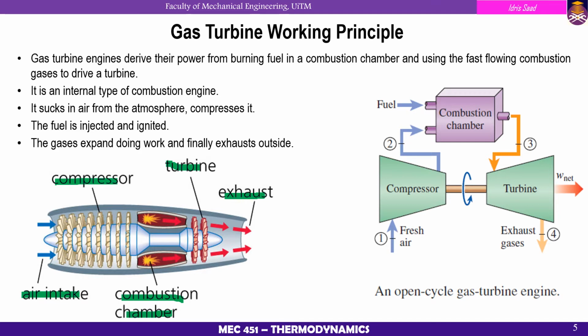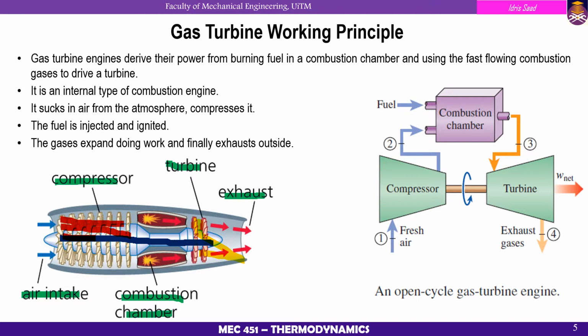Basically, as you can see here, this is the series of the compressor, and it is attached by only one shaft. The blue one is one shaft together with the turbine. The yellow one is the turbine, the series of the turbine. So the compressor is attached to the same shaft as the turbine.